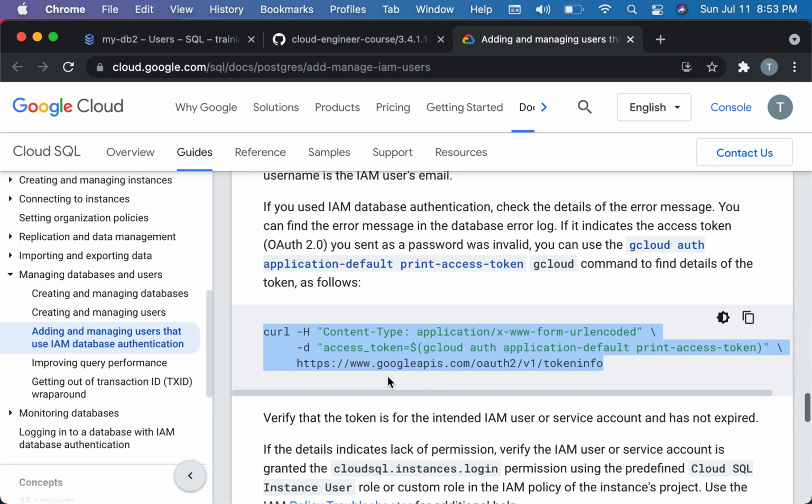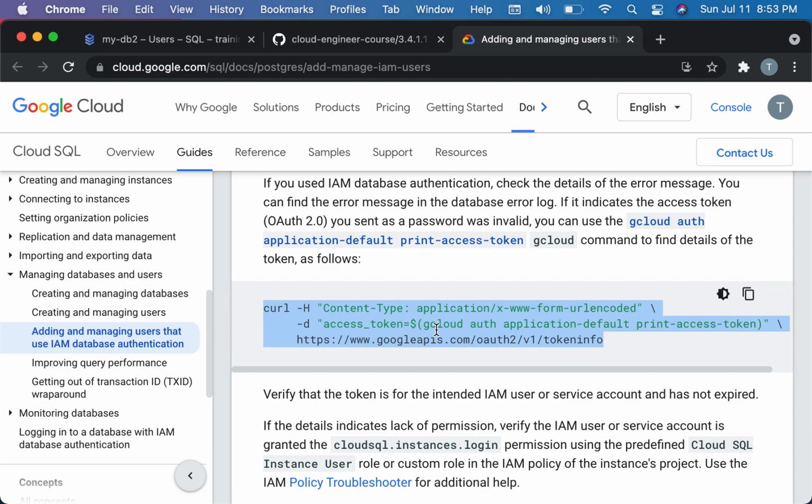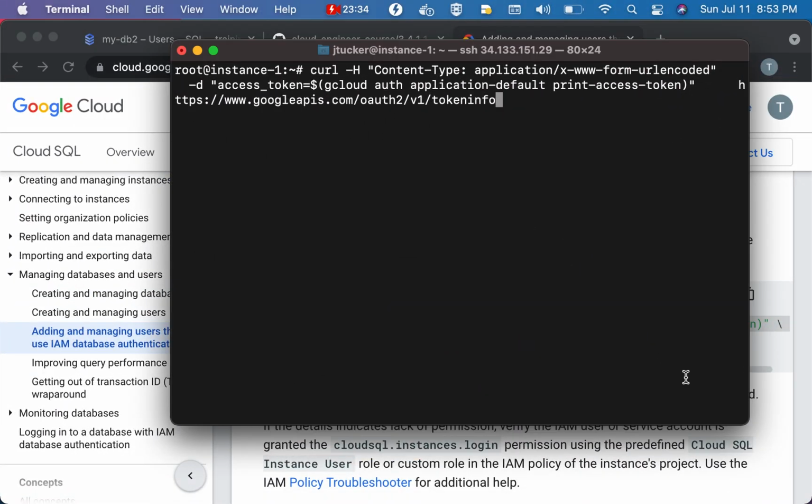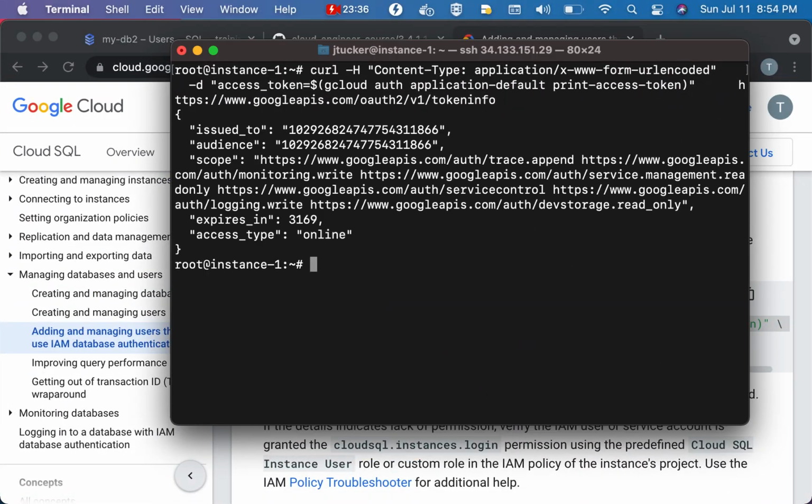And they give you this handy dandy command. If you want to check your token out, make sure you're logged in as the right user, you can run this command where it basically takes that access token and dumps it out to show you what's in that token. And if I run that command here, I can see that this token is indeed